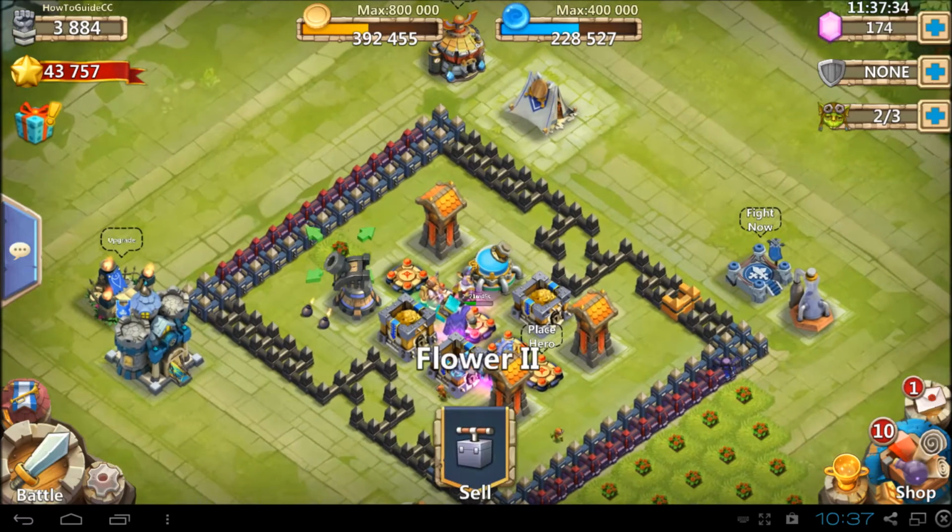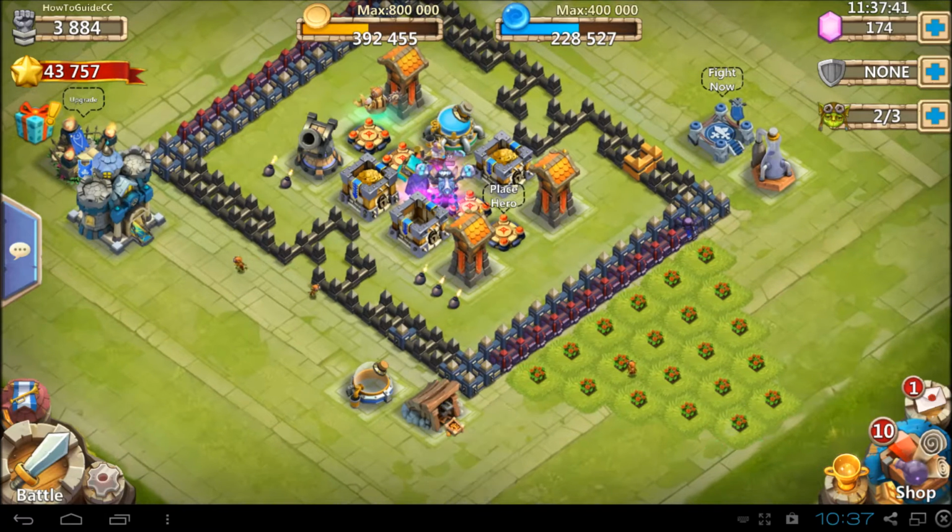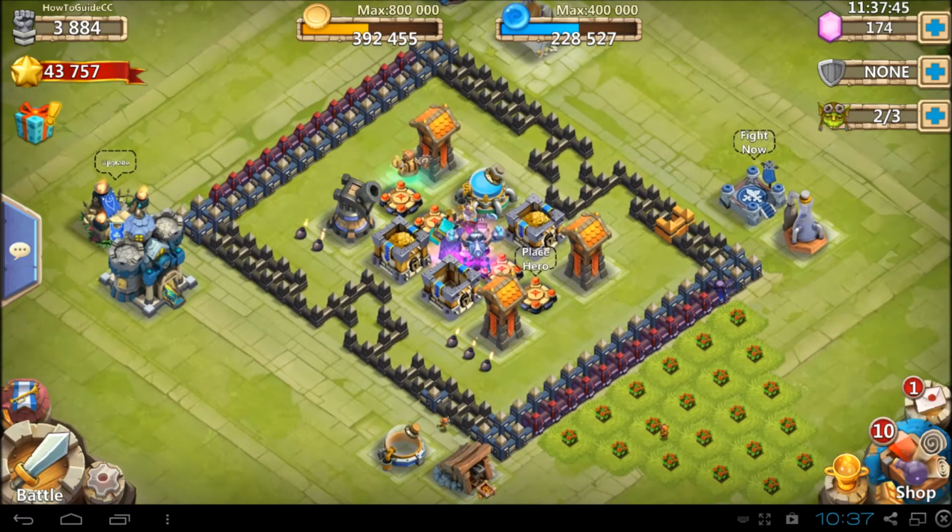Actually, what you do when you get this next set of walls is... Oh, we had another flower to play with, apparently. If I was only paying attention. There you go. Another flower. All right, so...